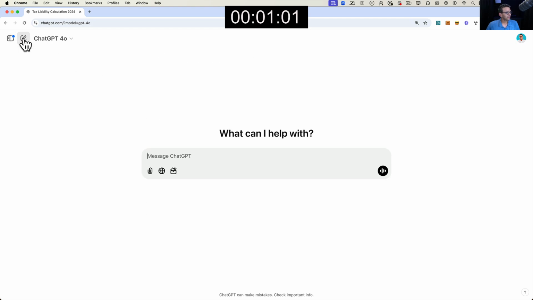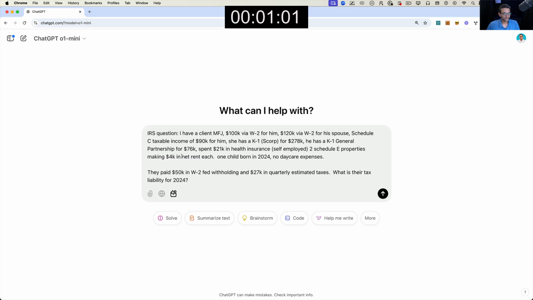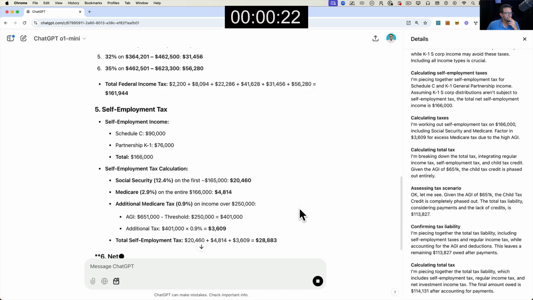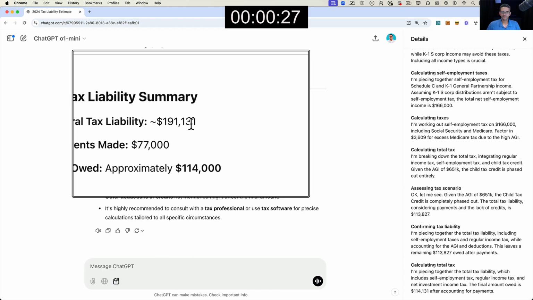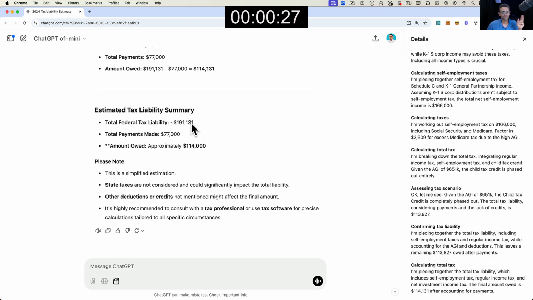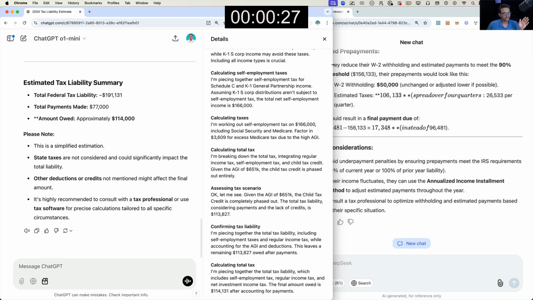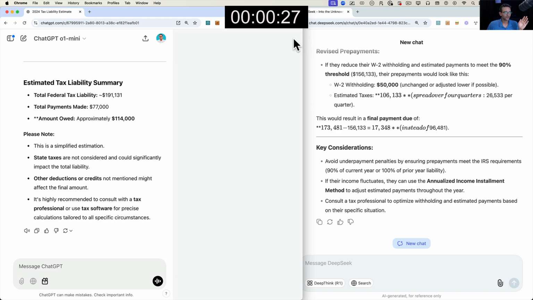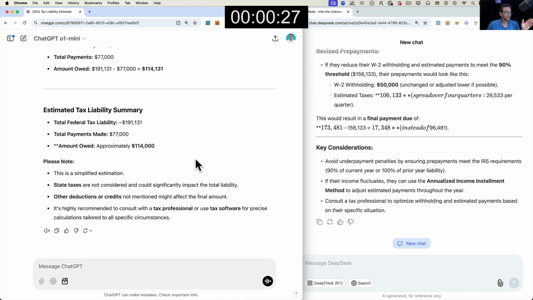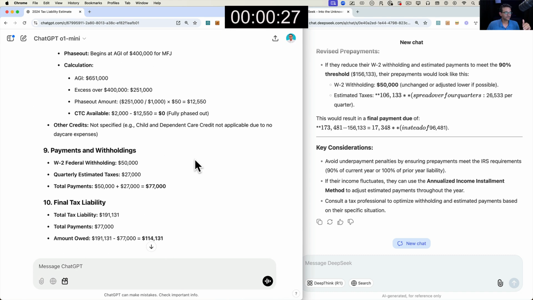Let's try now the O1 Mini, which is the reasoning model, but a little bit faster. So let's just time this one. Wow, this Mini is fast. There we go. This one actually came up with 191,000. So that's kind of weird. The first reasoning model went to 173. Deepseek went to 173 as well. I still kind of think that 173 might be the correct one. So this one may have rushed it or missed a step in the process somewhere.